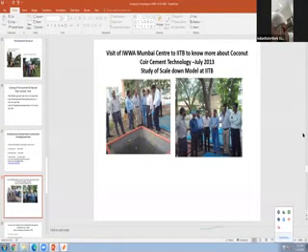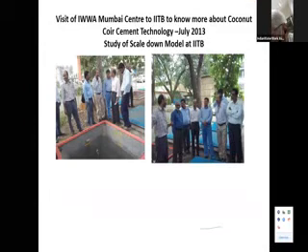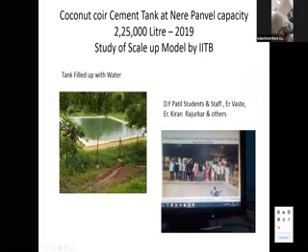See, we had used this natural fiber, but then people were asking what is the life of this and all that. So we requested IIT Bombay to do a study on this. They have done this study on scaled-down models, and our IWA Mumbai Center team had gone there in 2013 to see, and Dr. Eldo is explaining this technology to them. One of them is the chairman of Aurangabad Center, Dr. Kulkarni, who is also there. So the study on the scaled-down model was done at IIT Bombay, and